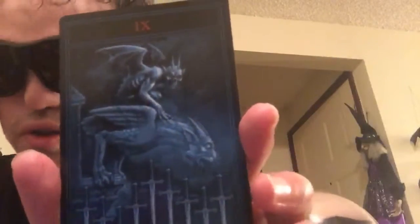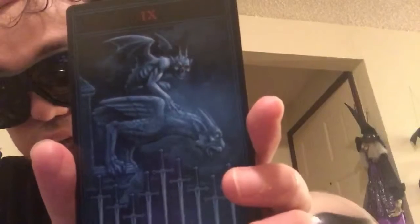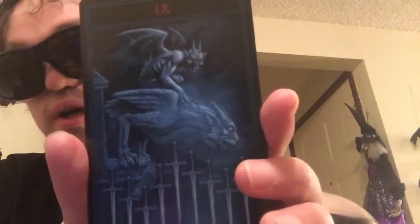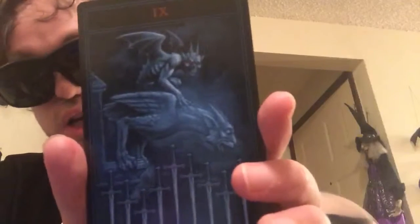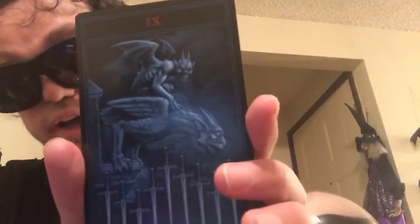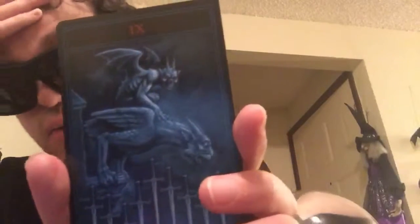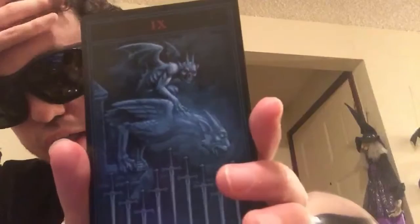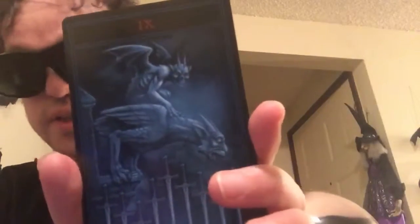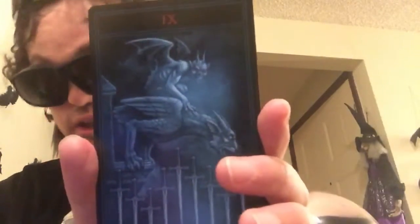And then we have this interesting card of two gargoyles, one on top of the other. This is the card of Swords, which is an element of air. And here, the gargoyle that's supposed to be protective, the fact that there are two of it shows that the protection can be used in one or the other way. The fact that one of the gargoyles points at you, the reader, while the other points down, shows how that protection can be misused if it's misapplied,